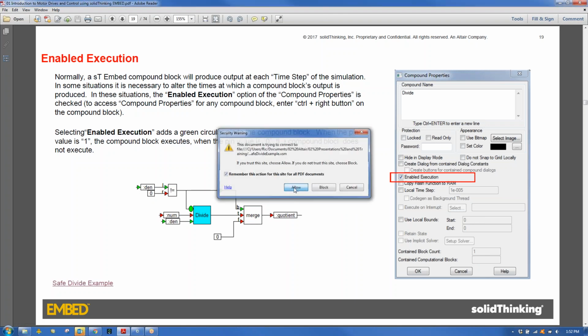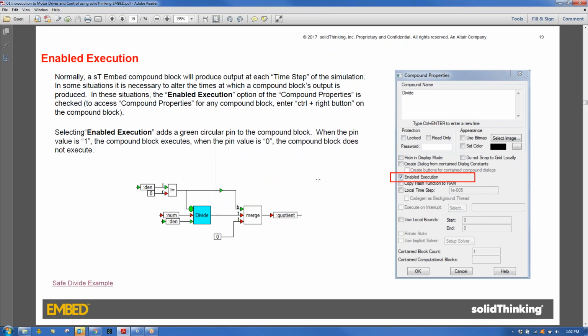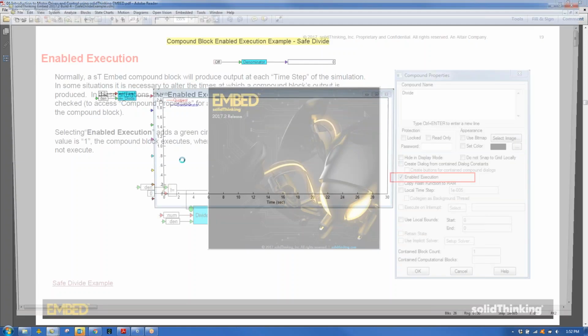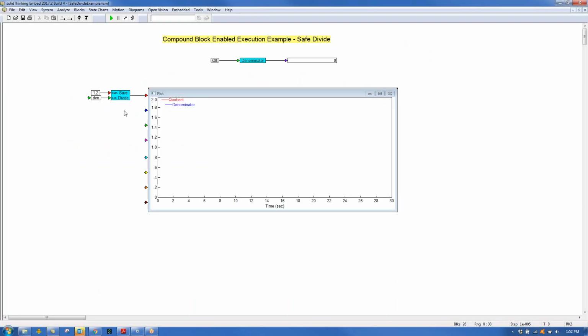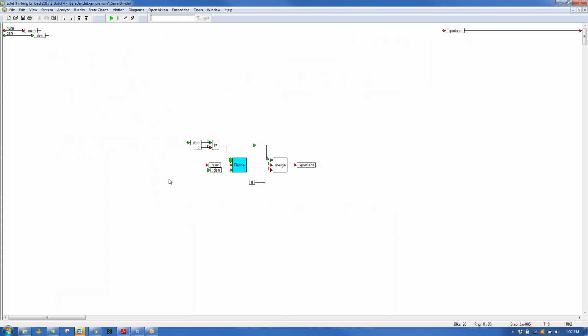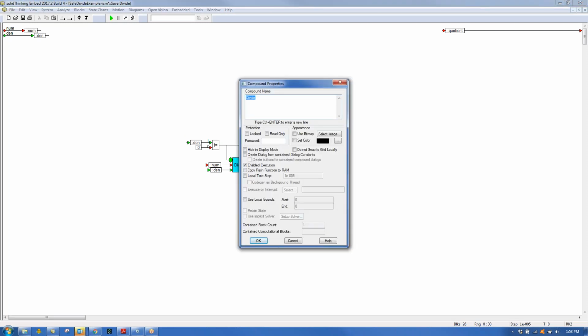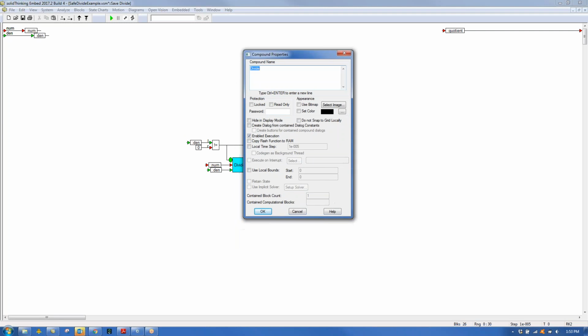So in this example that I'm going to show you, I'm going to incorporate a safe divide. This is kind of a typical problem where you've got two numbers, you're dividing them, you're running it on some processor, but you want to make sure that you never divide by 0. So I have this compound block here, and if I do a Control right button on it to see the properties, you'll notice that I have Enabled Execution checked. If I uncheck it,